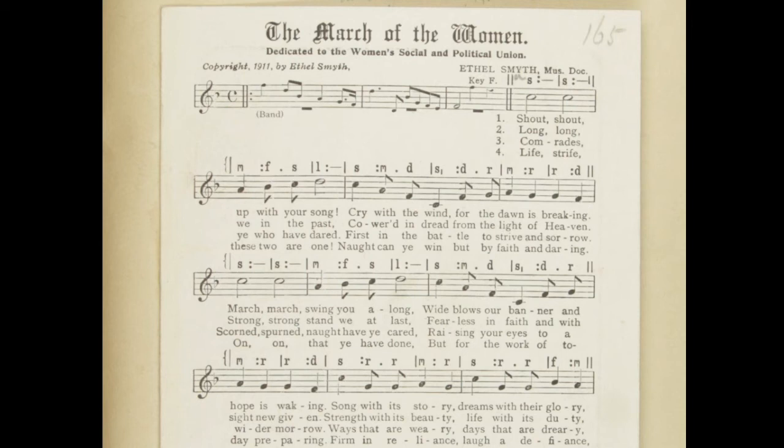So it could be something like that. There's that re on top of the for the dawn, and then is breaking. Those could possibly also be a 5 of 5, or something like that. So what you're going to do is scan through this, and your job is to create